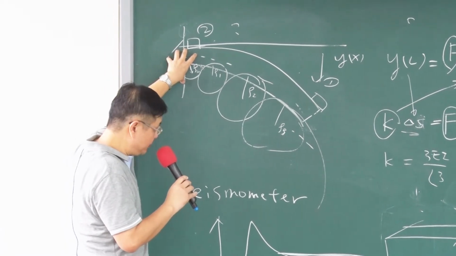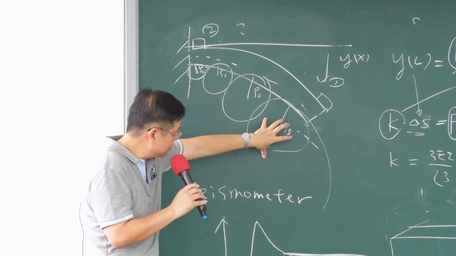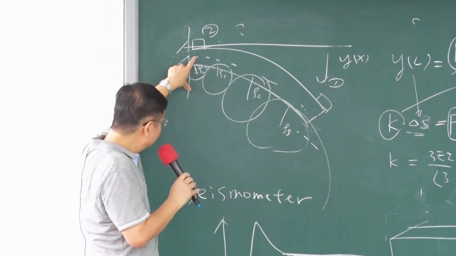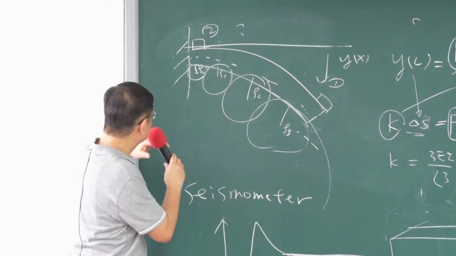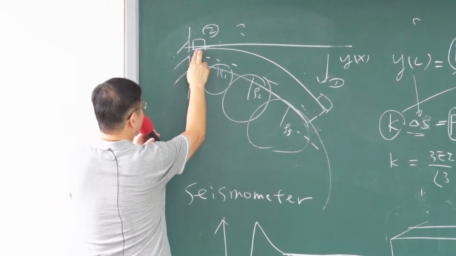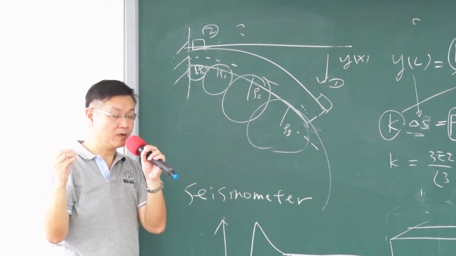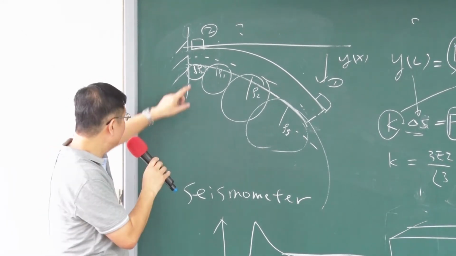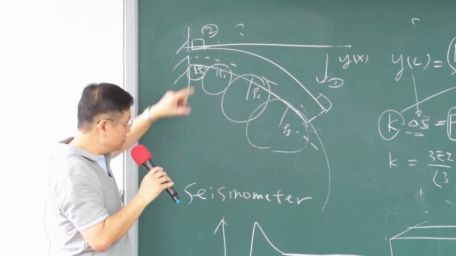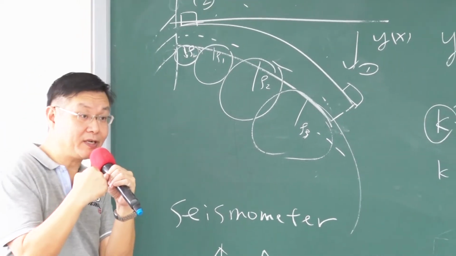So it's bending more here, bending less here. That means if we consider the material on the top, the material will be expanded much more, right? And on the bottom of this structure, the material will be compressed,